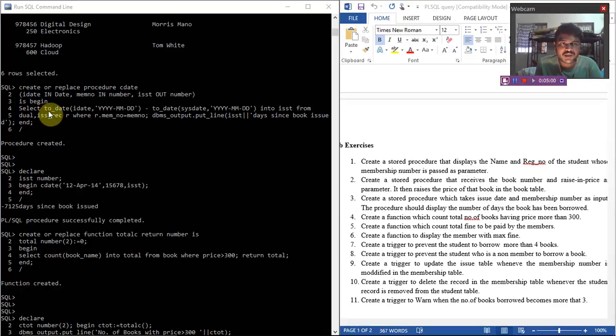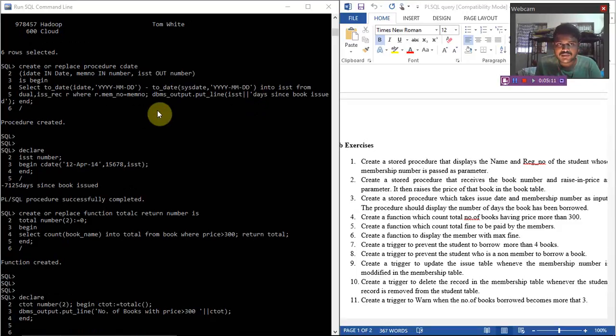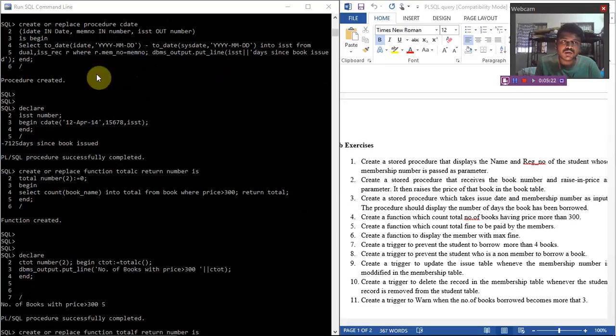So I have begin, the issue date is set to date, as this is the format for the date. From the system, it takes the system date, and whenever a new user borrows, it prints the issue date and calculates the number of days the user has borrowed, and the procedure is also created successfully. And the next procedure is to,